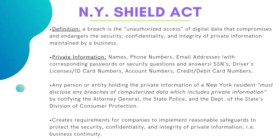Name, phone number, email address, social security number, credit card number. So technically, if Laura was just hacked like she was in our demo, that breach needs to be reported to the New York State regulators within 72 hours under the SHIELD Act. Any type of unauthorized access. If your email gets phished and you give a hacker access to your email address accidentally, you have to report